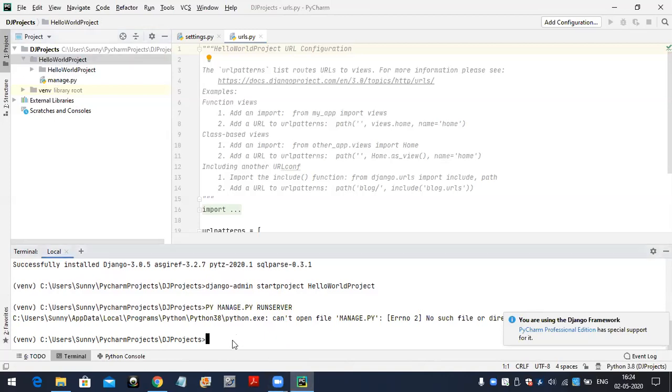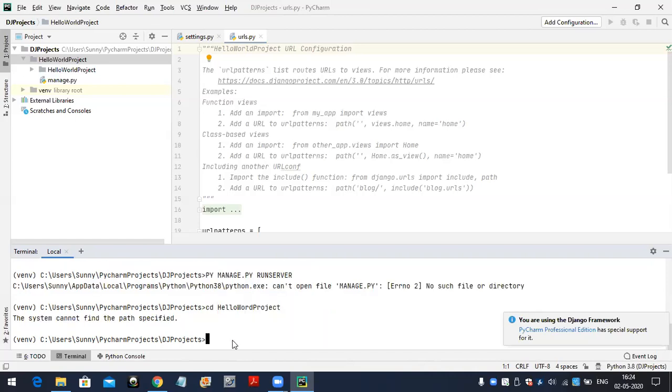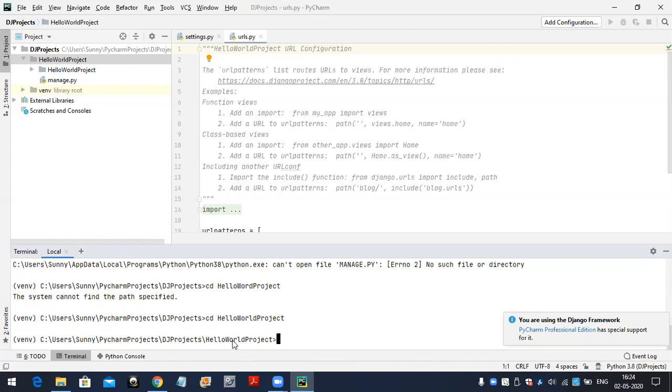How to go to that project location? cd helloworld project. So now we have moved to that project location.